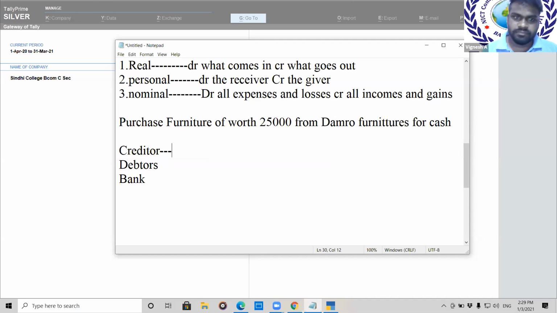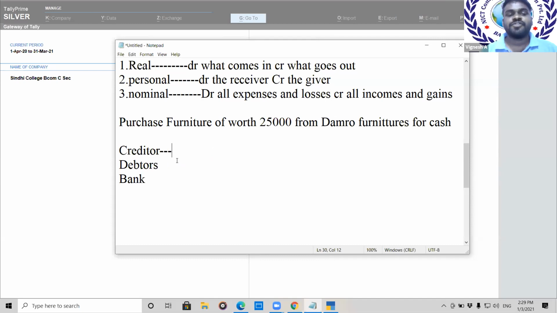Think as a business. To whom will we pay? Debit means you are supposed to give it to someone. Credit means you are going to get it. Just tell me, who is that creditor? To whom will we pay as a business? To us. Oh, creditor means crediting. He'll be crediting it to us, so he'll become a debtor. I will be the creditor.